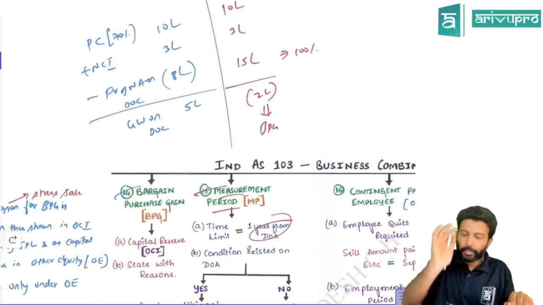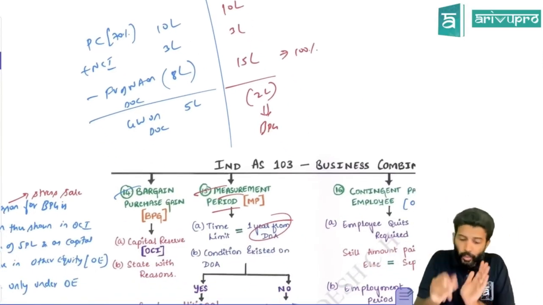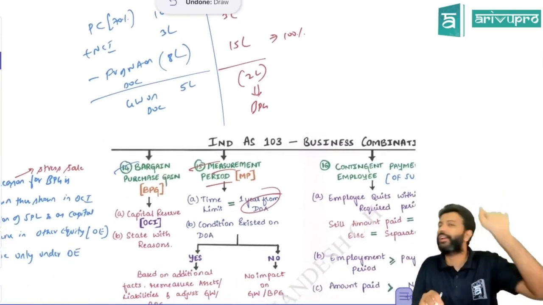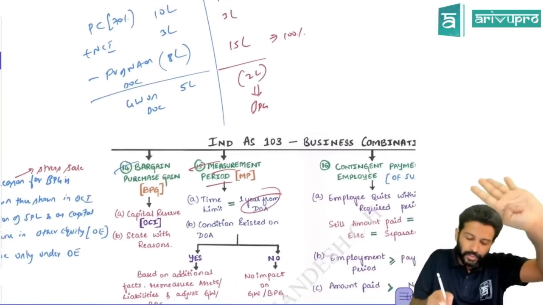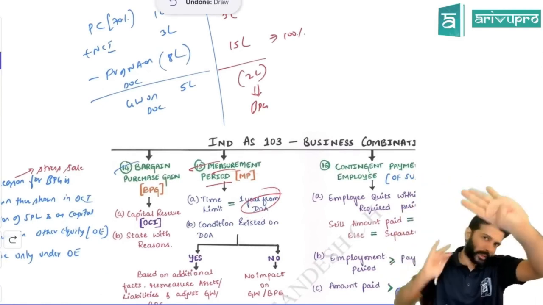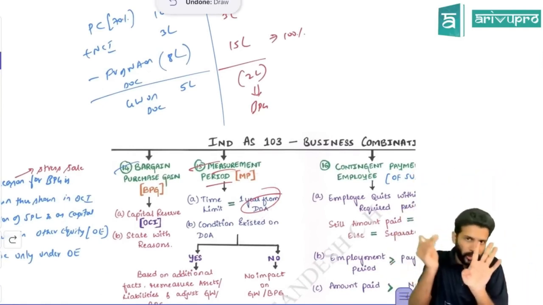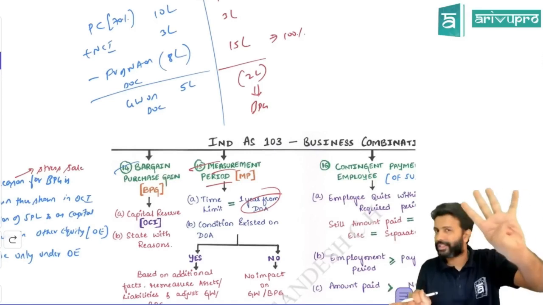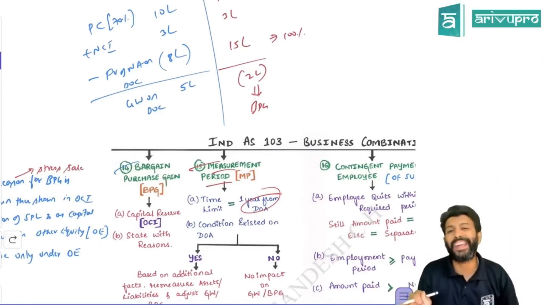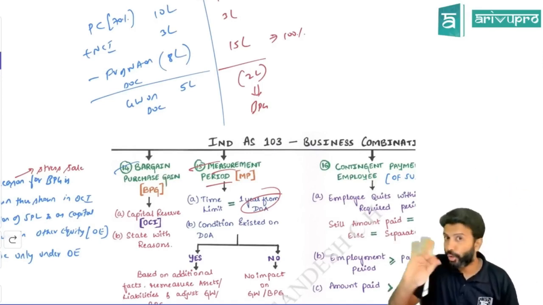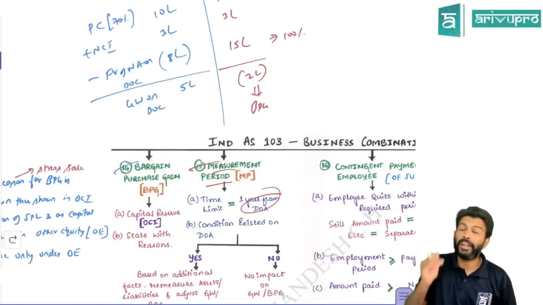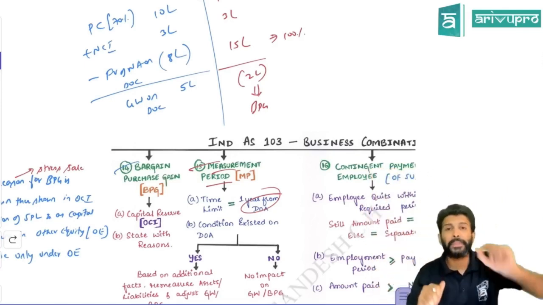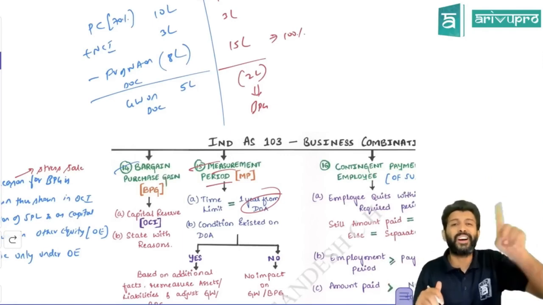Okay, but they brought in a few conditions. If you want to change your net assets and accordingly change your goodwill, two conditions should be satisfied. One, it should be within the measurement period. Measurement period is 1 year from the date of control. You can only do it within the measurement period. After the measurement period, you cannot do anything. And second, the facts should be existing on the date of control. New facts, don't consider. Further evidence, if you get it later, is fine. But the facts should be existing on the date of control.